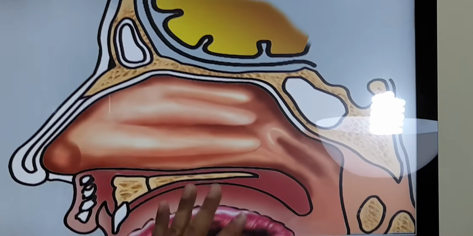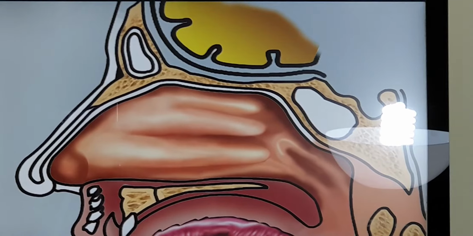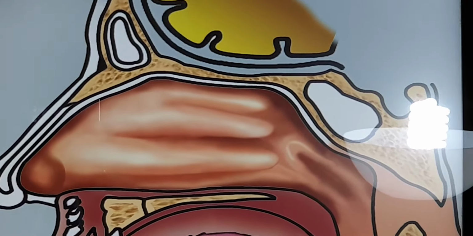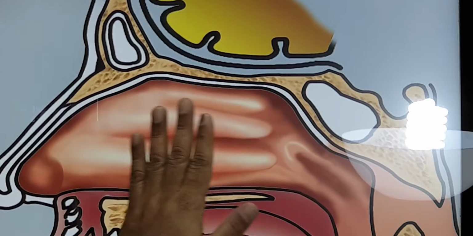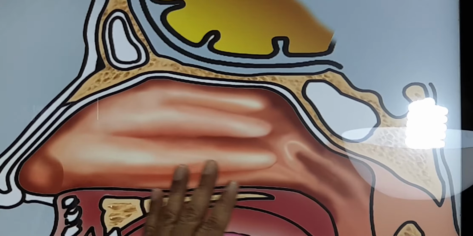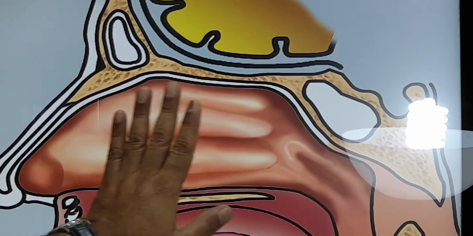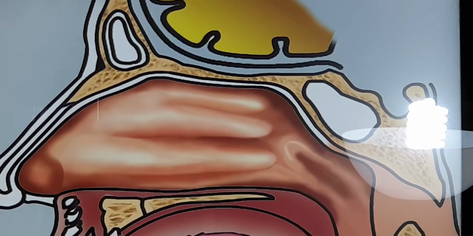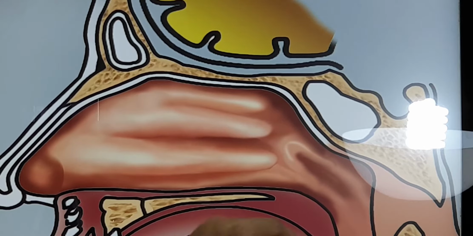This is a drawn diagram, and I would like to explain to you that normally there is a lot of secretions here, and it has a smooth flow. All the secretions from the sinuses and the nasal cavity flow posteriorly, come to the throat, and are swallowed into the stomach. But if there is any obstruction of that side, usually one side in this case, if there is any obstruction of that side,